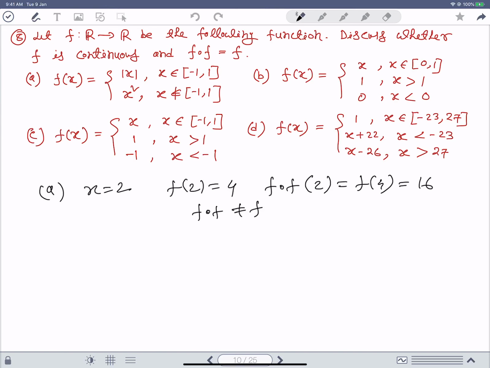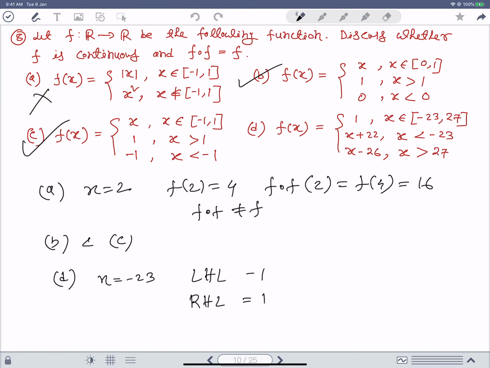Now, for B and C, you can easily verify that. Again for D, you can check that at x equal to minus 3, this is not continuous, because the left hand limit will be minus 1 and the right hand limit differs. Many of you have given the correct answer. So, this and this we ruled out by this one, and also here we rule out this one. Many of you have given the right answer of the